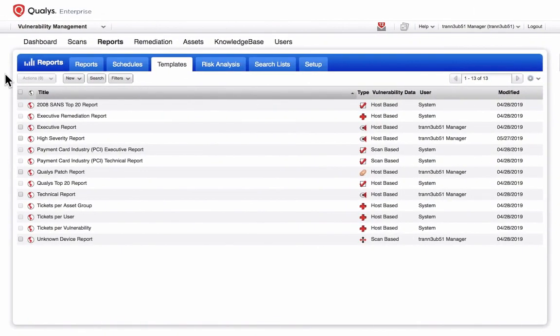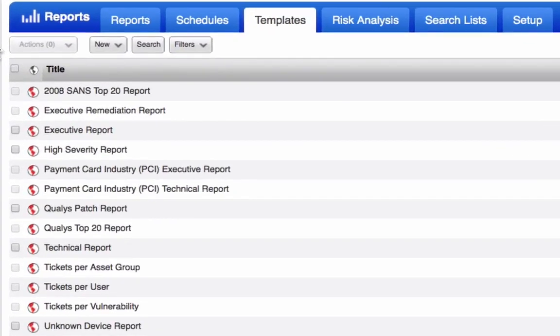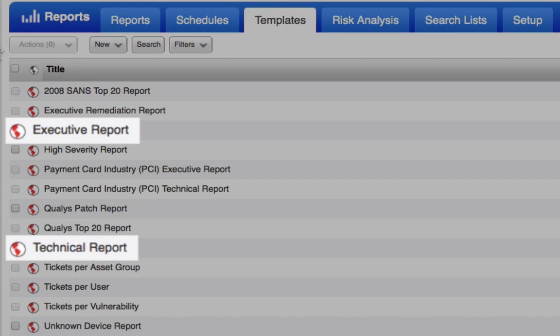A report template simply takes the data and information from your raw scan results and formats, filters, and displays this information in a way that is meaningful and useful to its target audience. For example, the executive and technical report templates can both be configured with the same data source or report source. But the executive template will present vulnerability findings in a fashion that is more suitable for executive or managerial members